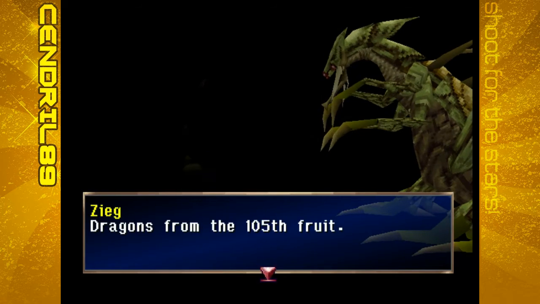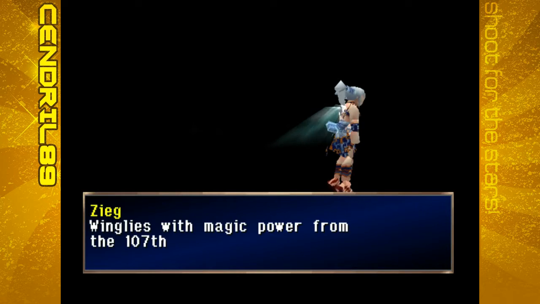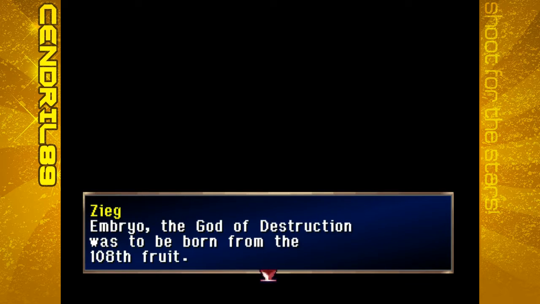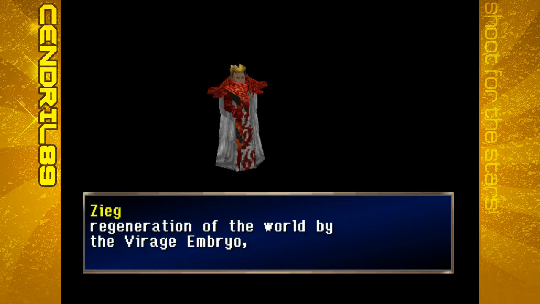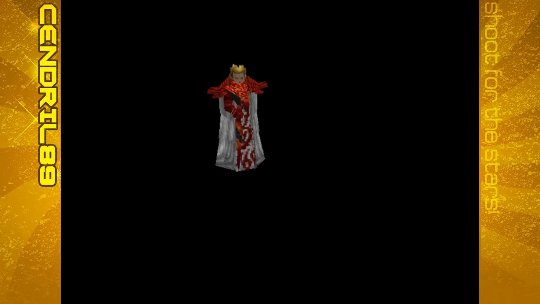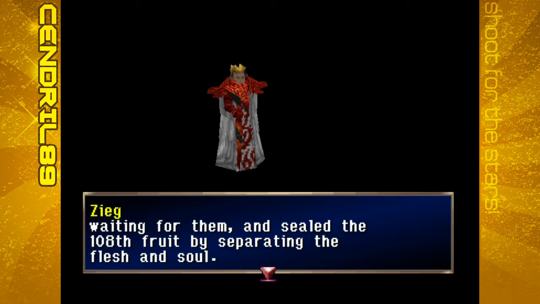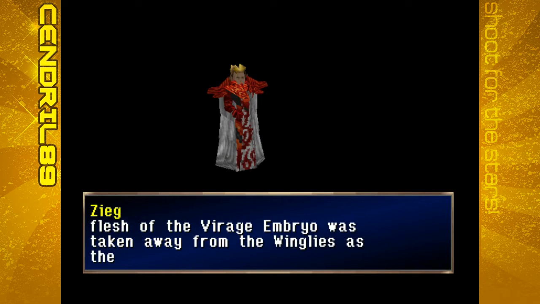Dragons from the 105th fruit. Humans from the 106th fruit. Winglies with magic power from the 107th fruit. And at the end, the Virage Embryo, the god of destruction, was to be born from the 108th fruit. Soa desired the destruction and regeneration of the world by the Virage Embryo, the god of destruction. However, 11,000 years ago, Winglies found out the tragedy waiting for them and sealed the 108th fruit by separating the flesh and soul. The flesh of the Virage Embryo was taken away from the Winglies